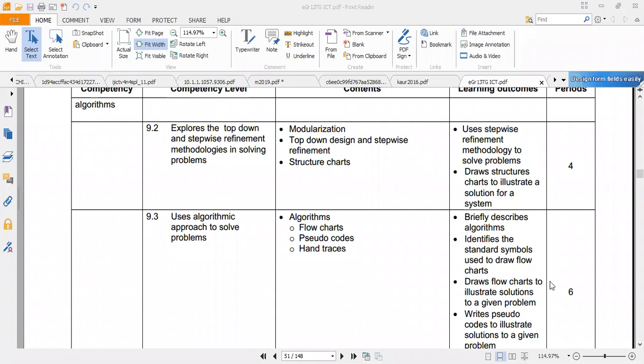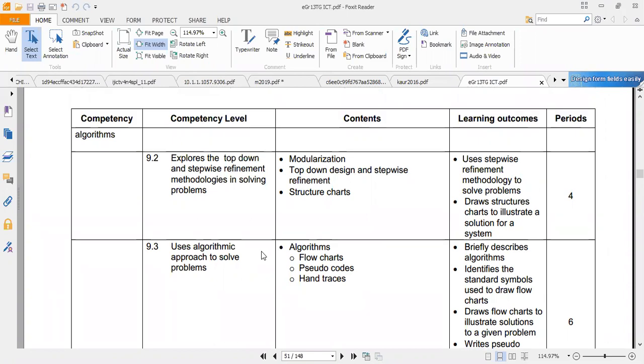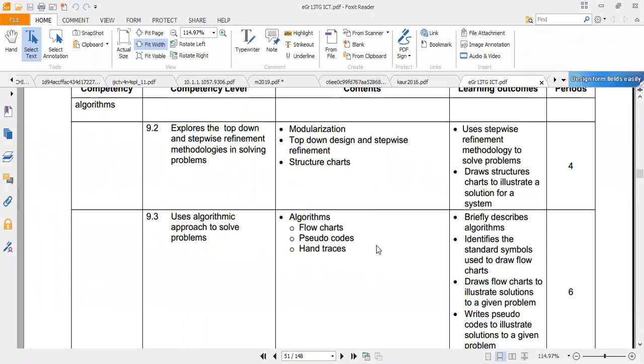Chapter 9, third video. Today I am discussing 9.3, uses algorithmic approach to solve problems. The content is about algorithms, flowcharts, pseudocodes, and hand traces. The outcomes expected: briefly describe algorithms, identify the standard symbols used to draw flowcharts, draw flowcharts to illustrate solutions